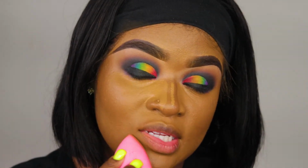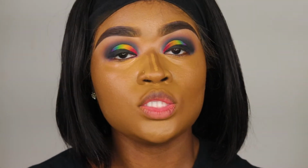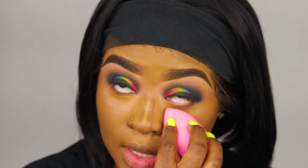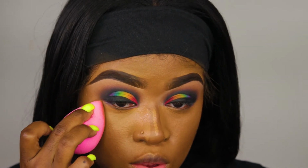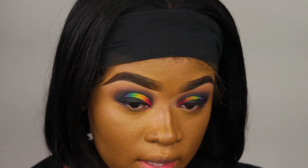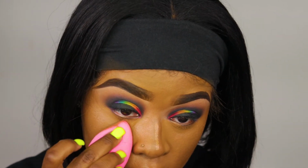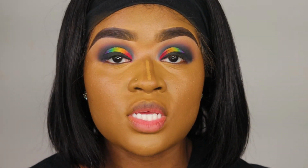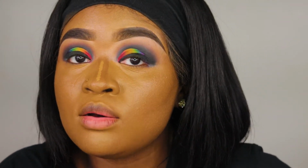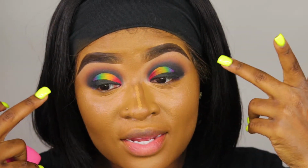Let me just share the tea on makeup settling into your smile lines and into your fine lines. I know this is probably not what y'all want to hear, but there is no way to prevent makeup from settling into your fine lines. Yes, I do believe that there are products and tips and tricks to ensure that your makeup doesn't settle into your fine lines too quickly, like before you leave the house, but to totally eliminate smile lines and fine lines under your eye,